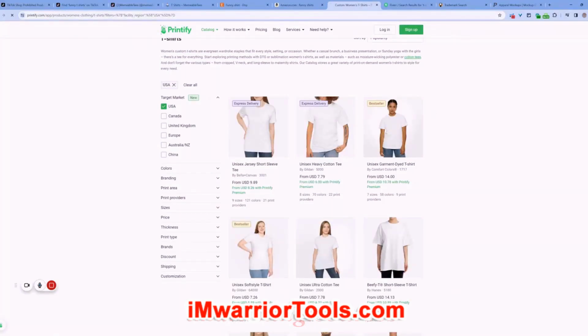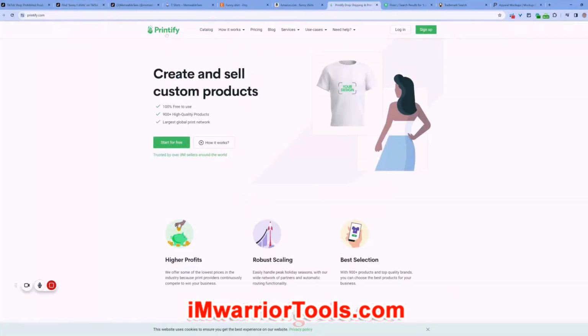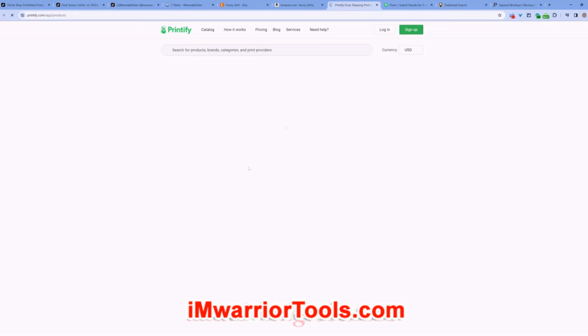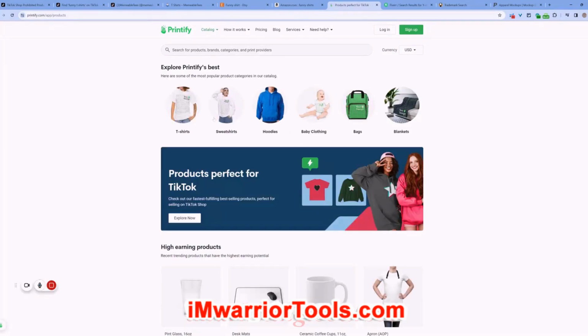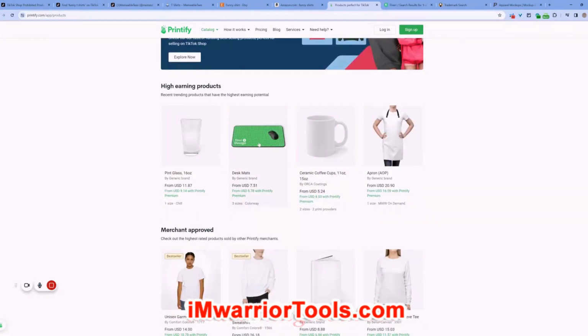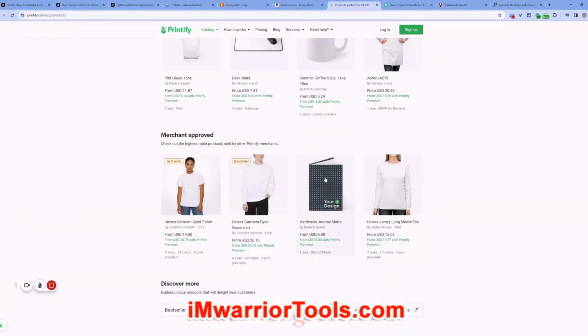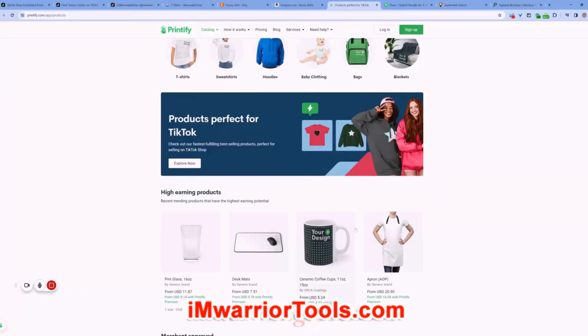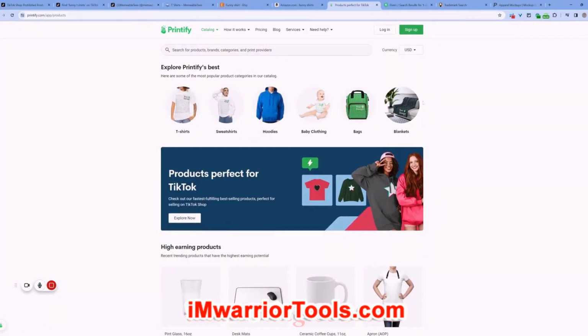There's a lot of different companies that you can do print on demand with. Printify is one that makes it really simple because they have the direct connect into TikTok, right? And so if we look here at their product catalog: t-shirts, sweatshirts, hoodies, desk mats, mugs, aprons, journals, bags, cell phone cases, baby clothes, blankets. There's tons of products you can choose from here. And because they have a direct connect into your TikTok shop, anytime an order comes in, they'll automatically fulfill it,